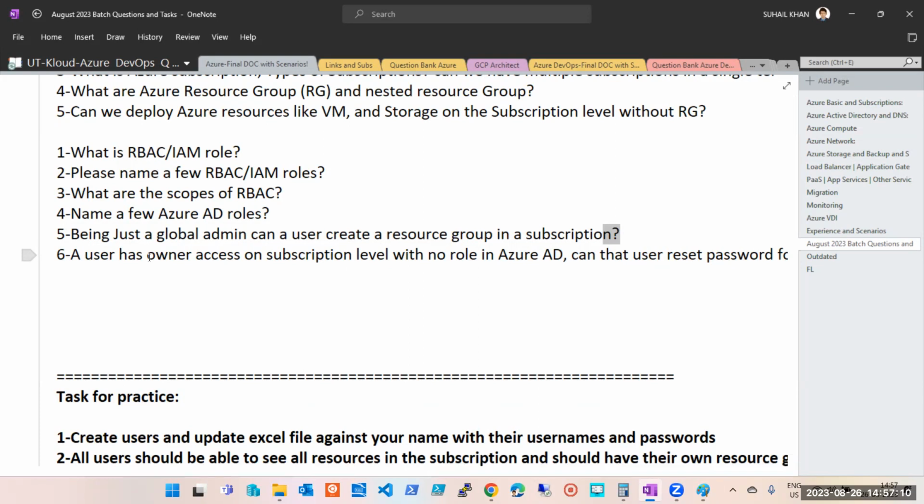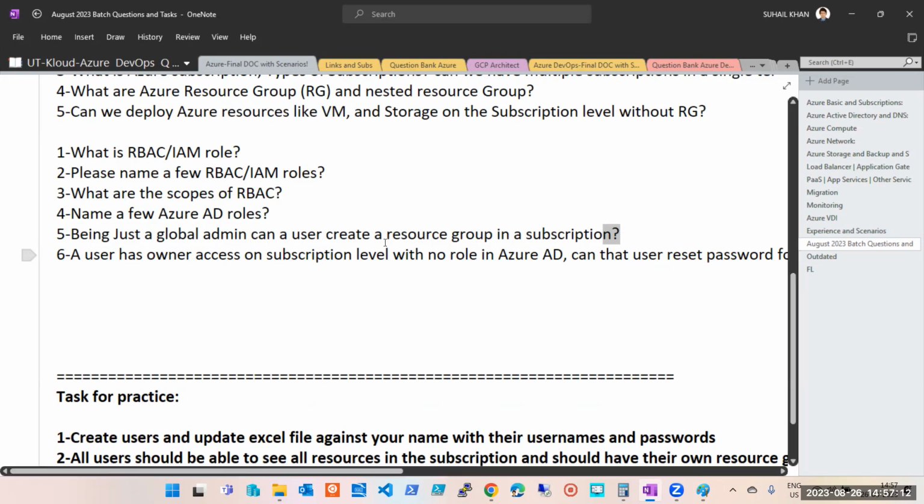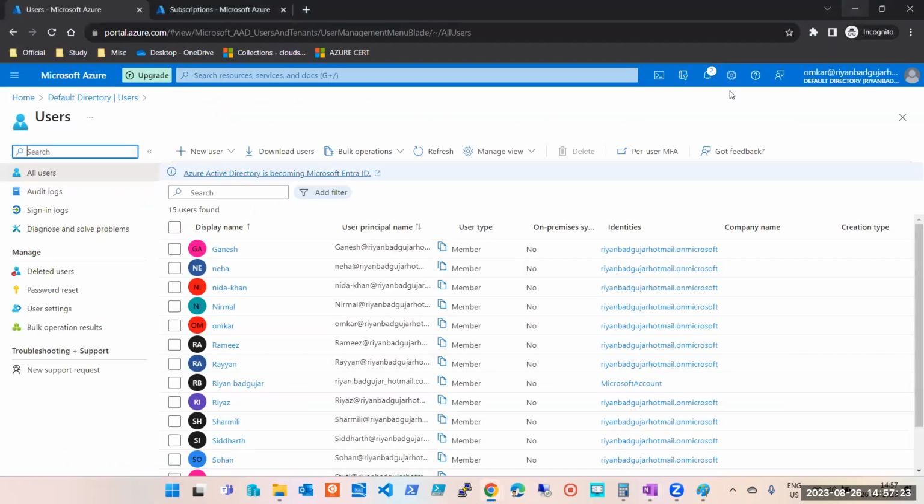And this is how you start getting new tasks. This is how you come to know how it works in a day-to-day environment for a global admin, for an Azure administrator. So please make sure, guys, you follow these questions and tasks thoroughly. Okay, coming back to this, we have only 2 or 3 tasks in AD now pending, and we'll go ahead